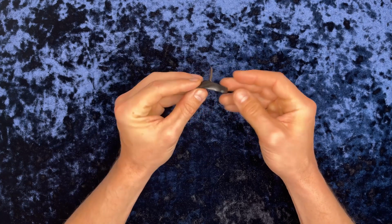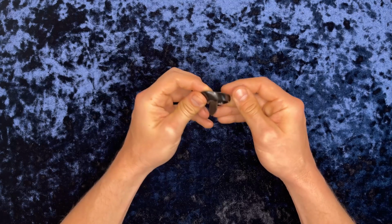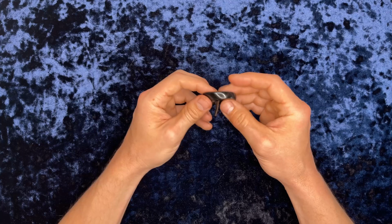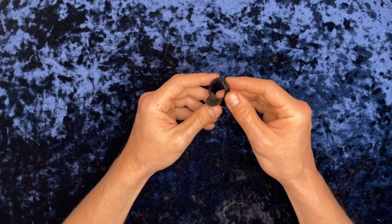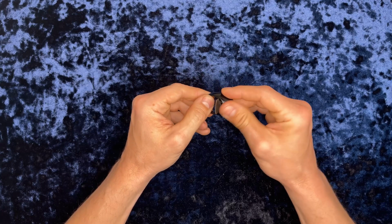And by the way, the ring that came out is really nice. It's a really quality ring. It's horn, which is more robust than plastic. And he assures me that this can handle 100 pounds. I didn't get a chance to test it. I'll talk about why in a second, but